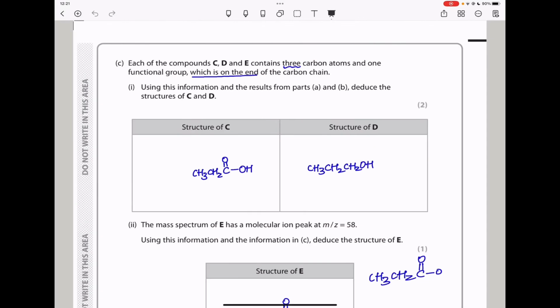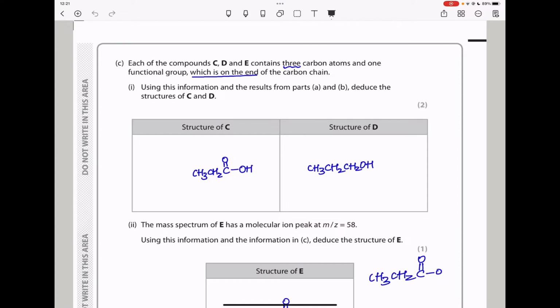Let's go on. Here they say each of the compounds C, D, and E contain 3 carbon atoms and 1 functional group, which is on the end of the carbon chain. Using this information and the results from part A and B, deduce the structures of C and D. Now we know C is a carboxylic acid. It means we need to write a carboxylic acid that has 3 carbons, and that is going to be propanoic